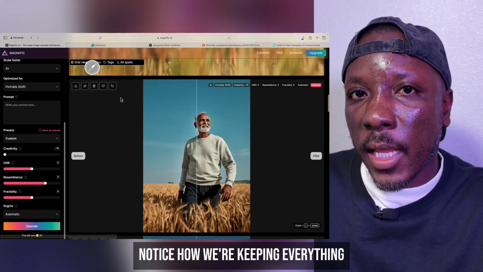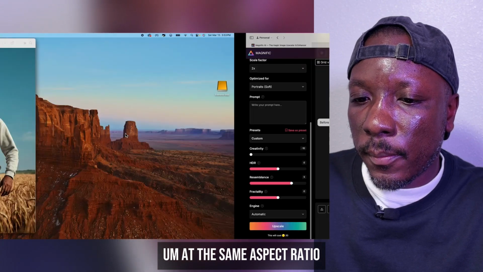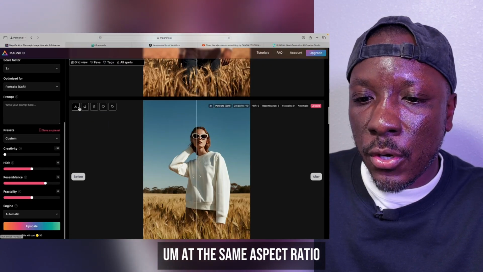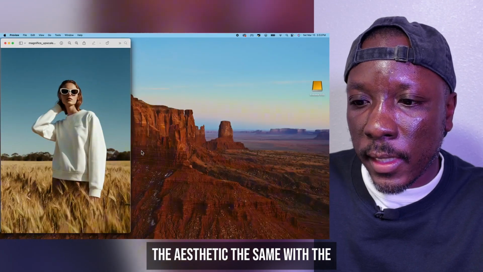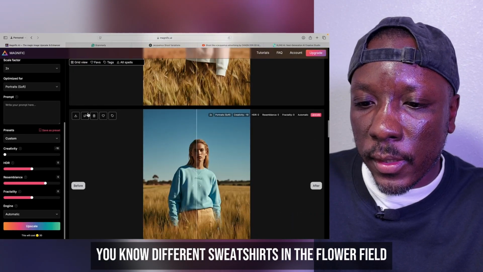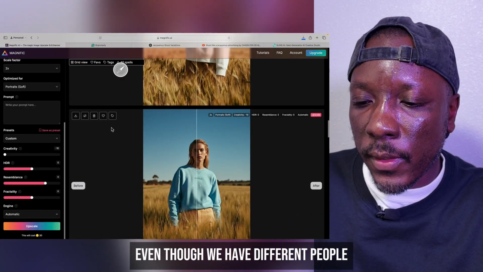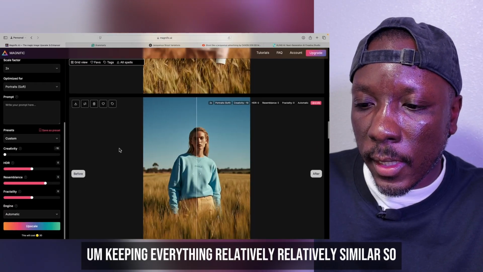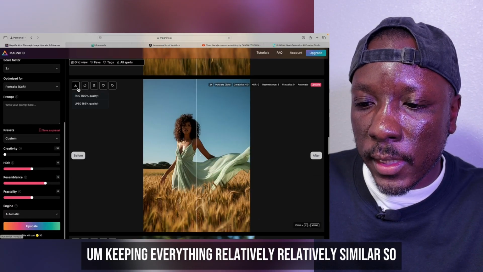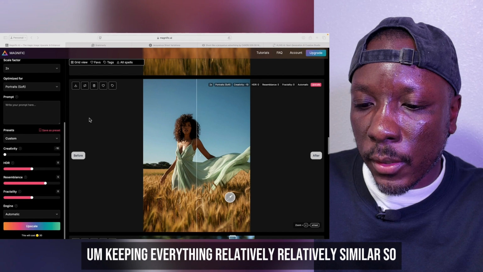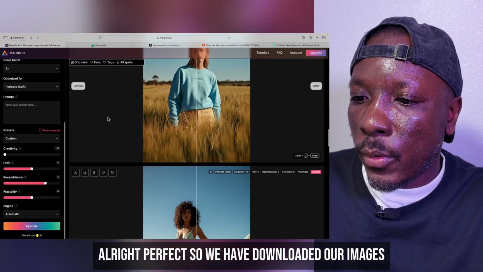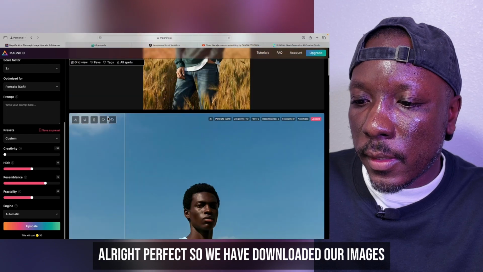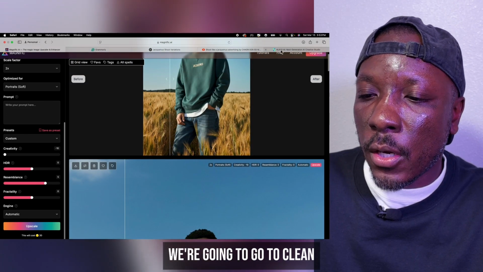Notice how we're keeping everything at the same aspect ratio. We are keeping the look and the feel, the aesthetic, the same with the different sweatshirts in a flower field, even though we have different people. Keeping everything relatively similar. So, all right, perfect. We have downloaded our images. We're going to go to